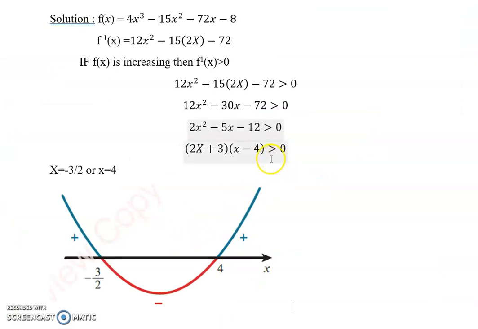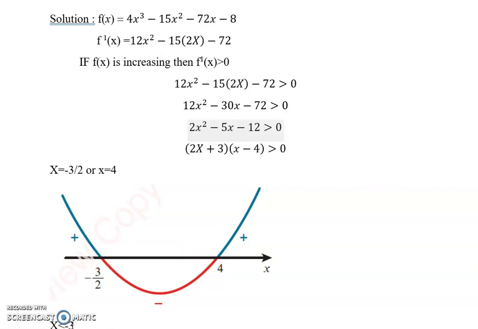Always for greater than 0, look for the upper part of the graph. This is the positive region of the graph, and the values of x which satisfy this are the values less than minus 3 by 2 and greater than 4. That's the reason my answer will be x